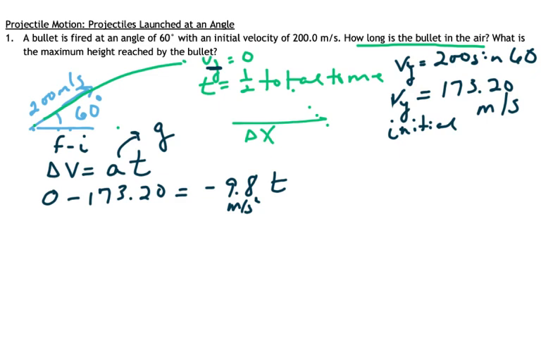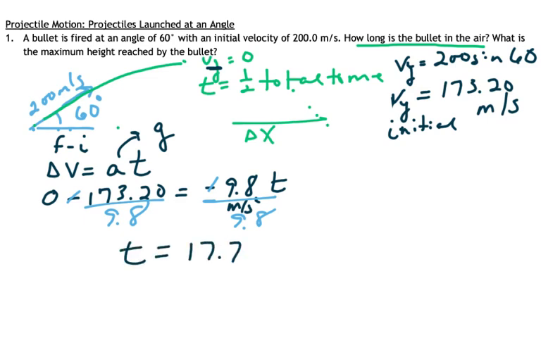You end up with negative on both sides, the negative goes away, divide both sides by 9.8, and we end up with a time value of